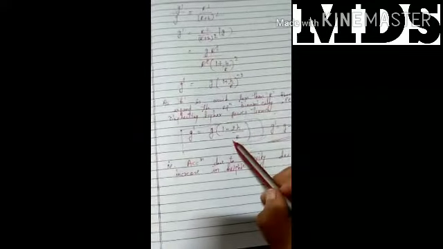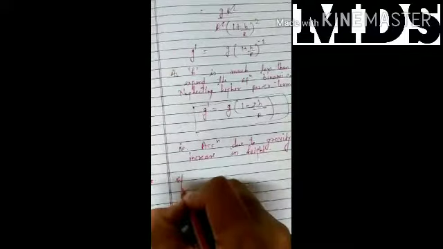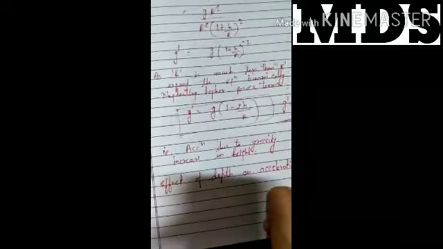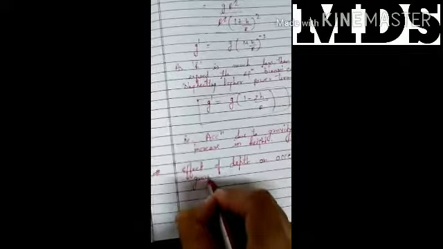Next topic is this: the effect of height on the acceleration due to gravity. As we go above the surface of the earth to h height, the acceleration due to gravity will decrease, as you can see. Now the same is the case with depth. Next topic, effect of depth on acceleration due to gravity.